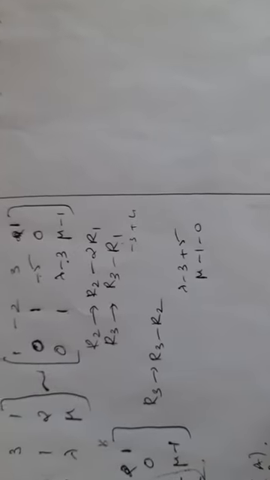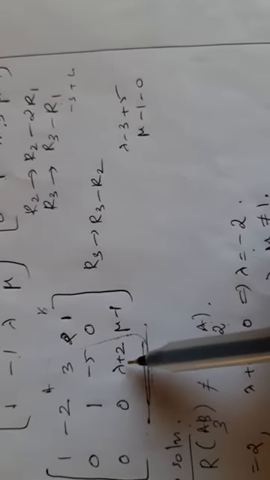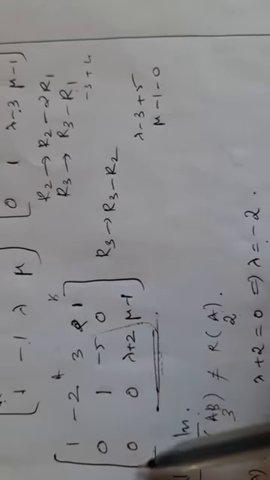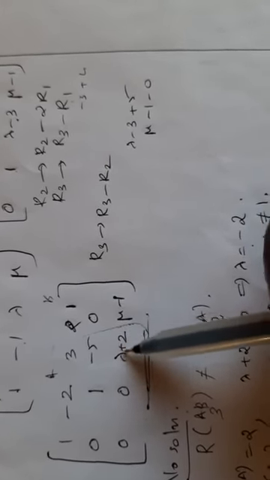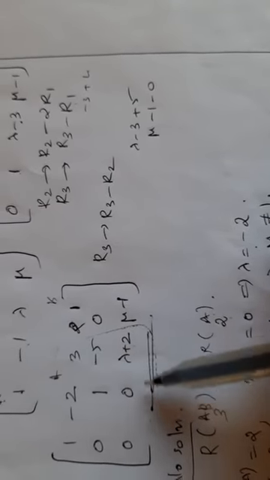Next condition is that unique solution. When will the system have a unique solution? So what is the condition for having unique solution? Rank of AB is equal to rank of A is equal to number of variables. That is, it is 3. So rank of AB is equal to rank of A is equal to 3. When it is 3, that is, rank of A is 3 if lambda plus 2 is not equal to 0. So this element remains non-zero. So rank of A is 3.